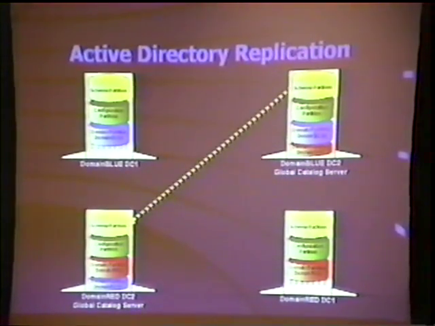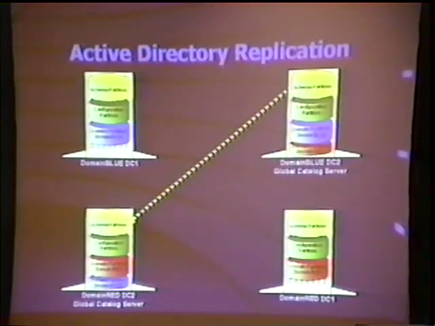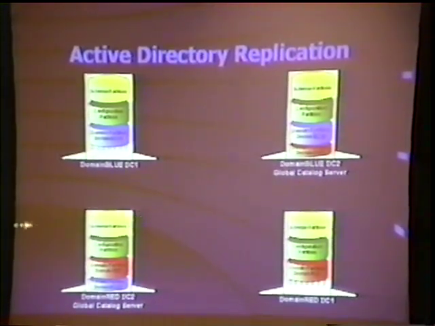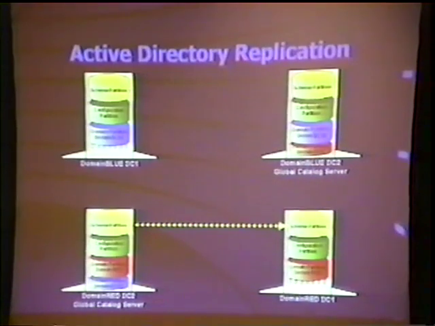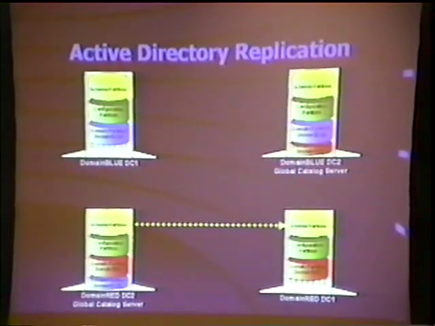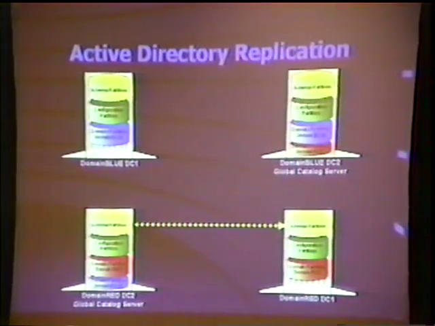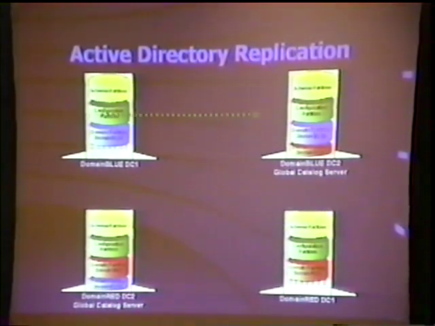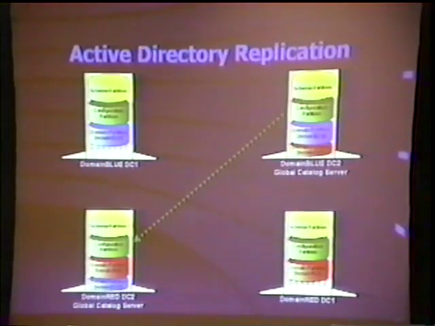That schema partition information could then be passed on to a domain red domain controller, whether or not it's a global catalog server. The likelihood is you will see these things replicating amongst domain controllers for the same domain if they exist in the same site. That's the most common automatic generation. I can see the configuration partition follow the same path. Configuration information can cross between domain controllers for different domains because it is a single shared